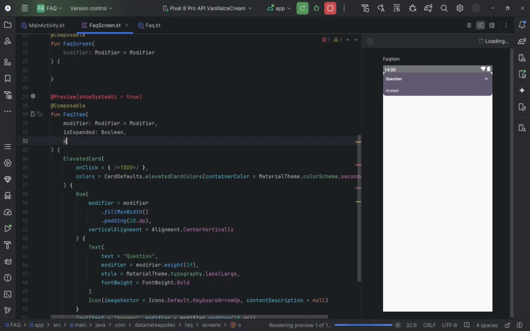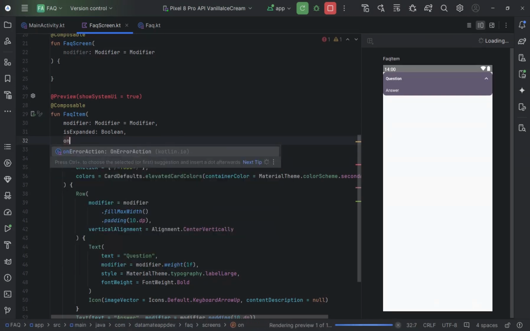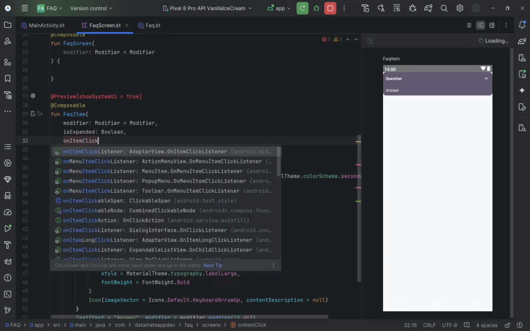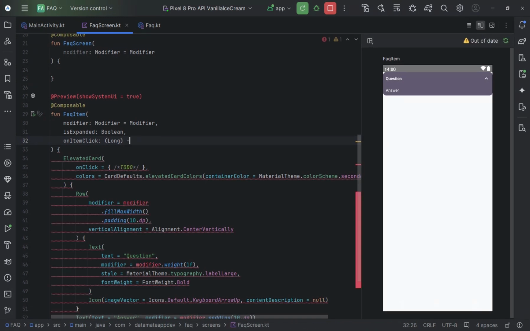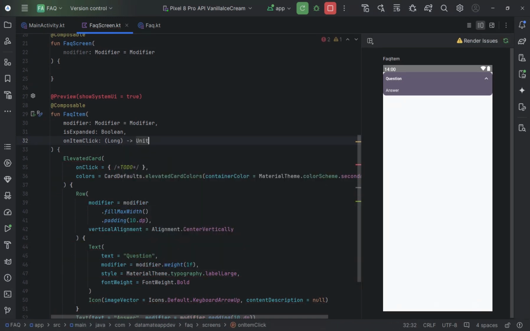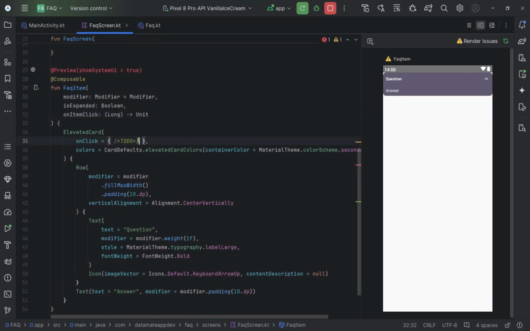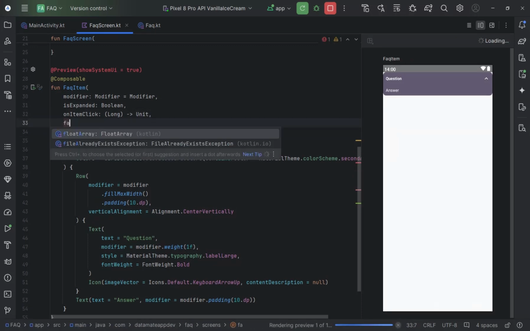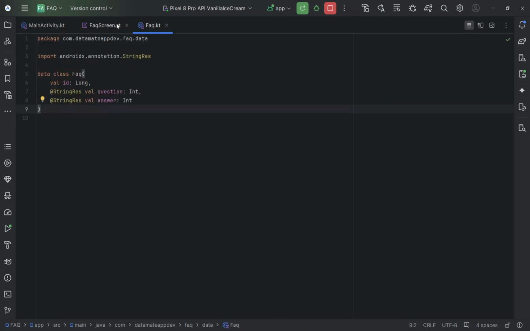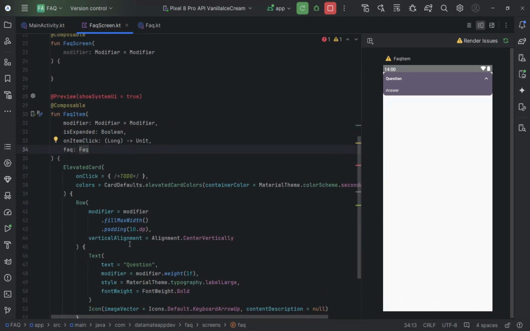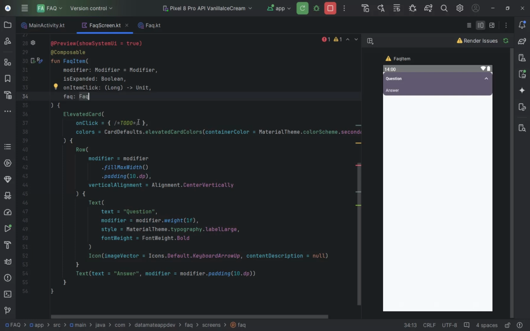Then when we click that item we want to do something, we want to pass the ID of our item. Okay, on click here, when you click that item, we also need here, I've left something, we also need the FAQ item itself, which is coming from this data class, which we're going to get on our lazy column. And here, when we click the item,